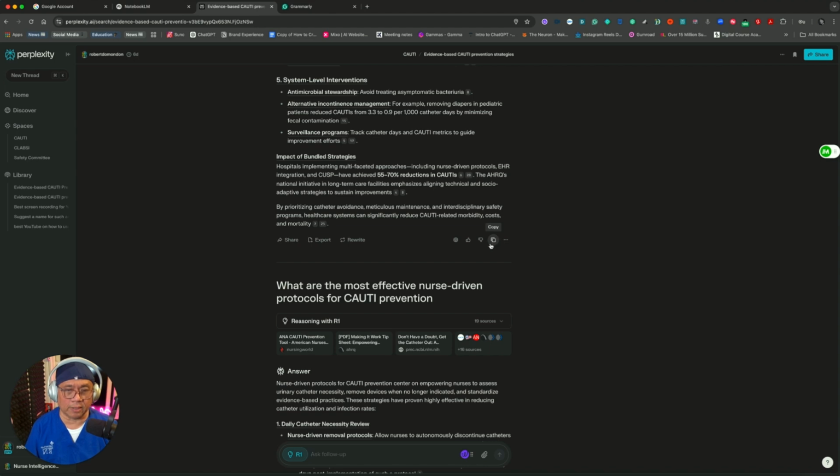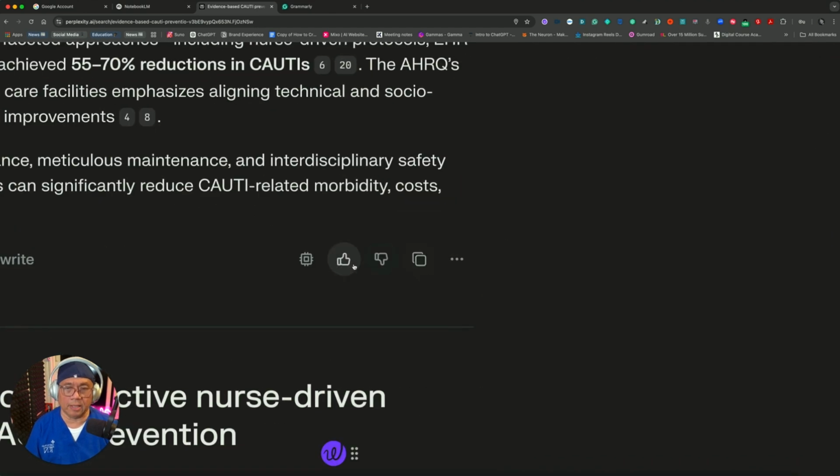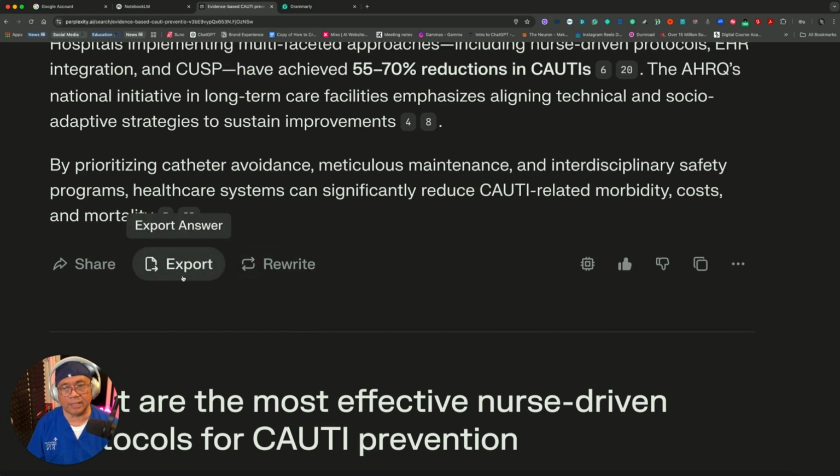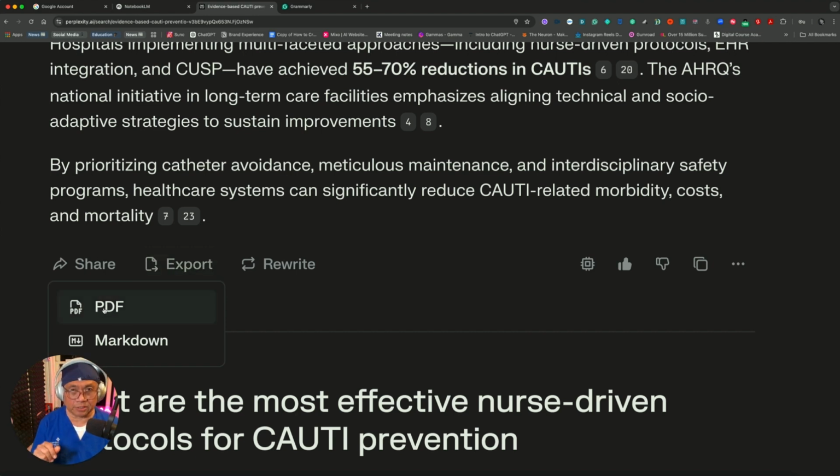Now, as you can see, you can copy here, this one here. By the way, if you find it helpful, click helpful. You can copy and then paste it in whatever note you have. But in this case, what I did was that I exported it. You can export it as a PDF file, and it's easier to share that PDF file, even with the AI that you're dealing with, or as Markdown. Markdown means that it has certain